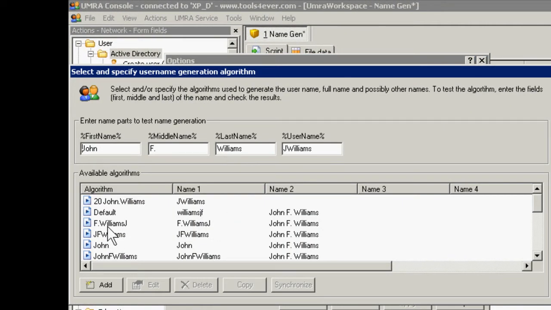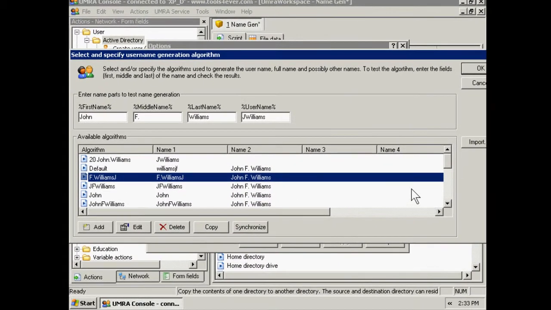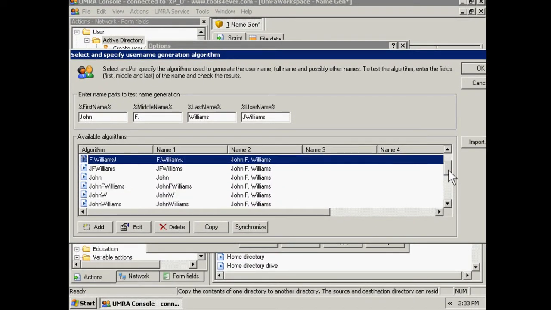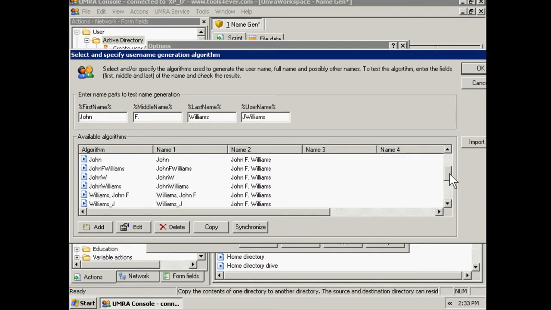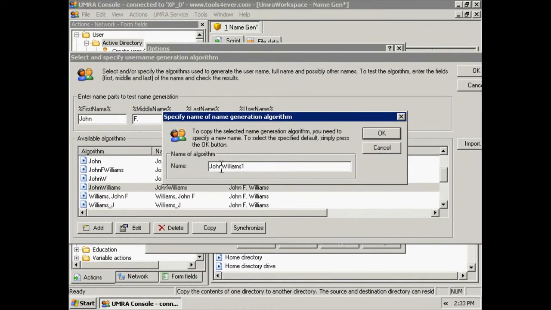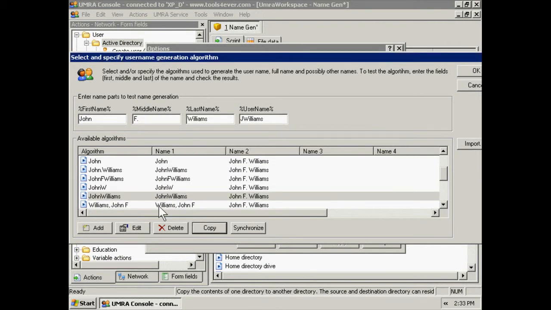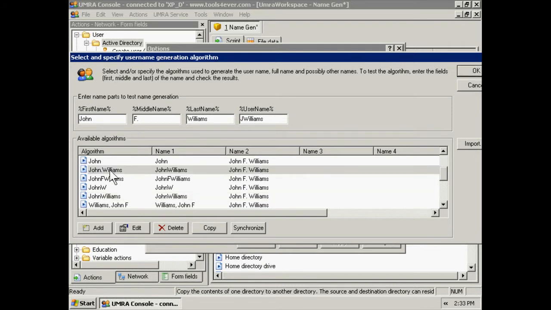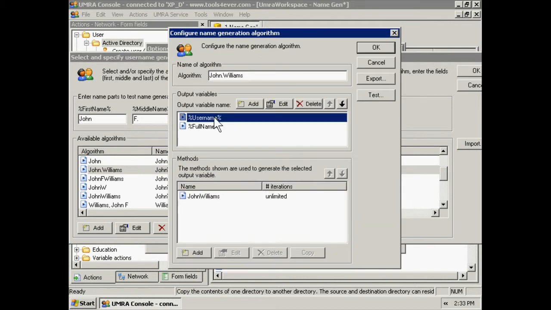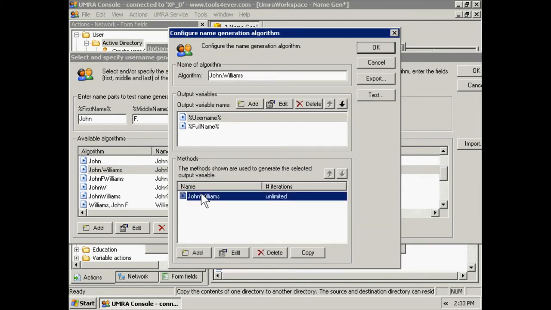So our requirements were to generate a username based off first name dot last name. So we'll select a name generation algorithm that closely matches what we want to accomplish, the John Williams algorithm with an iteration at the end of it, and we'll edit that and use that to generate our login name of first name dot last name. So we'll highlight the username and then highlight John Williams and edit it,